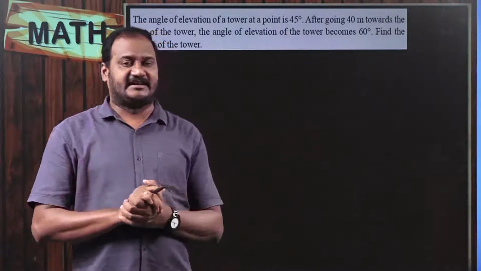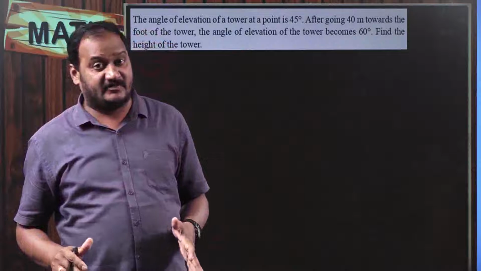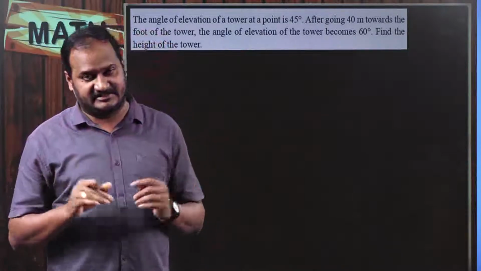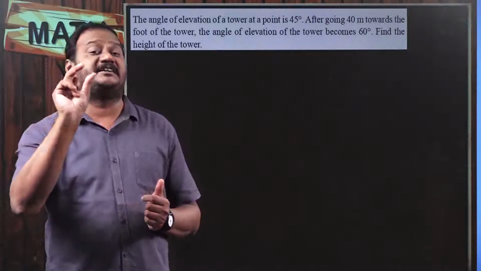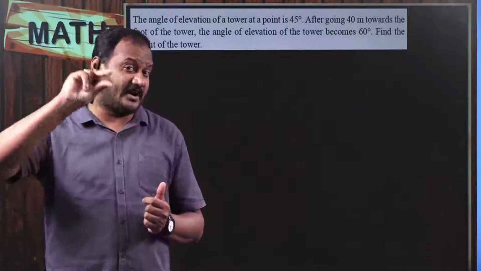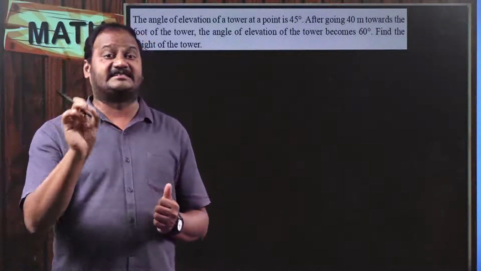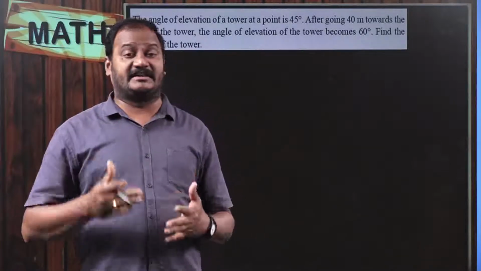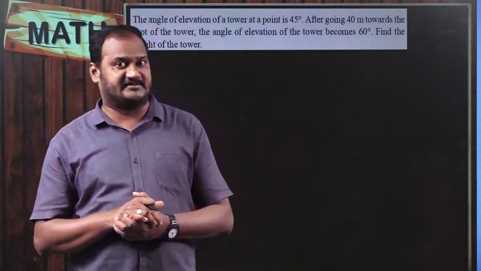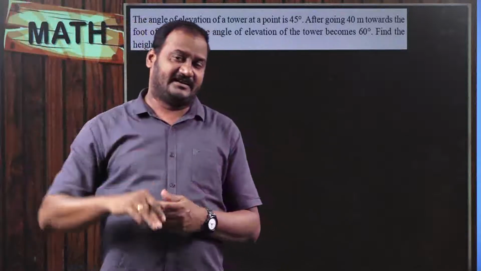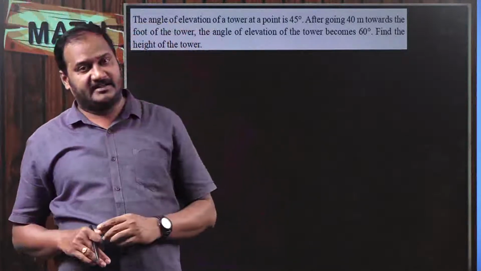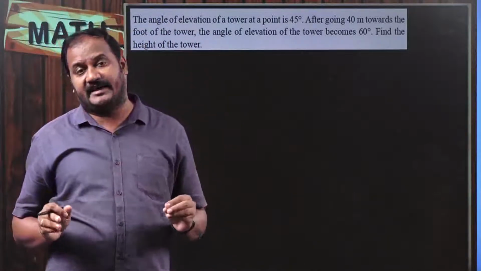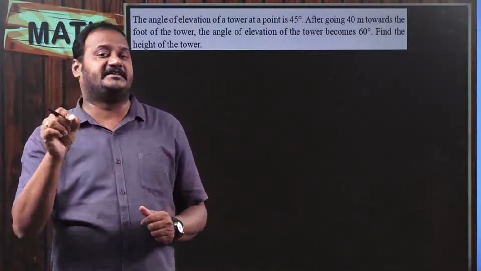And the second thing is, when a person is observing and the height of the person is not mentioned, then you will have to take the person, or the point of observation, as a single point on the ground. Suppose the height of the man, for example a 1.5 meter tall boy, is observing something, then definitely you will have to mention the height of the boy. Suppose the height of the person is not mentioned in the problem, then you will have to consider a small point on the horizontal.